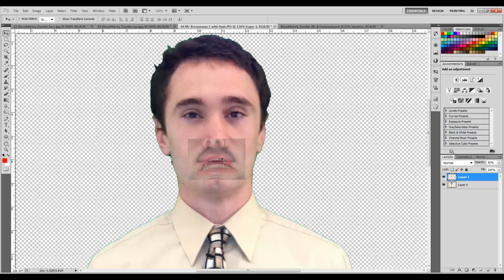Still my Move tool, I'll try to line it up here. Bring it down slightly below my nose. Get that lip below the nose at least. Maybe I'm happy with that for now. And what I can do is use my free transform tool to adjust the scale of this mouth. To do that, I'll press Control T on my keyboard, and I'm going to go to the edge of the